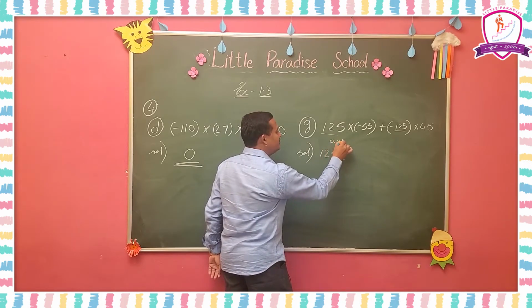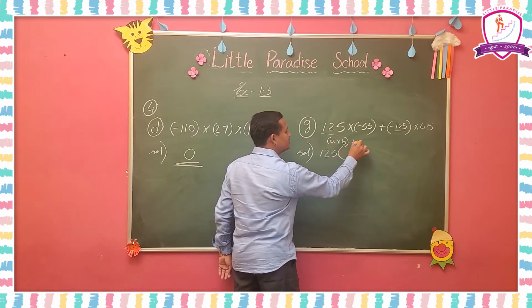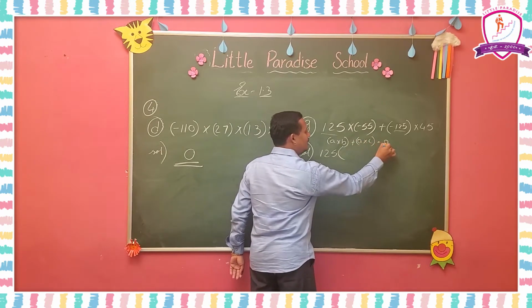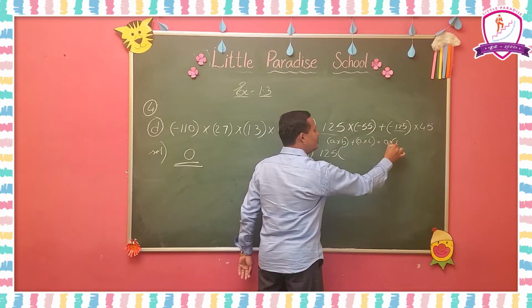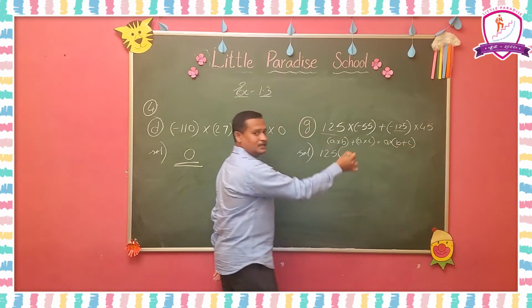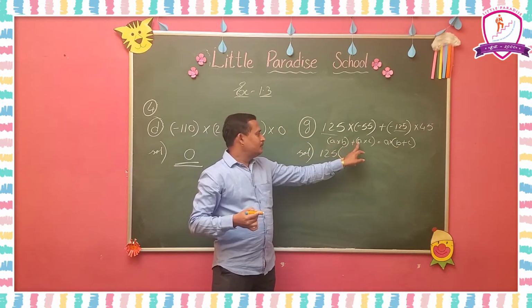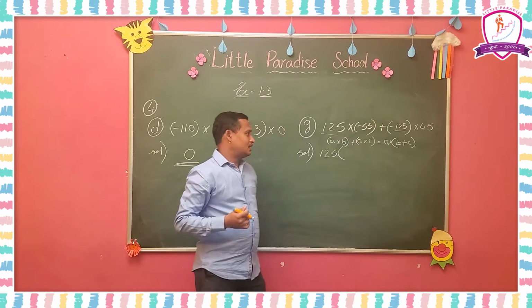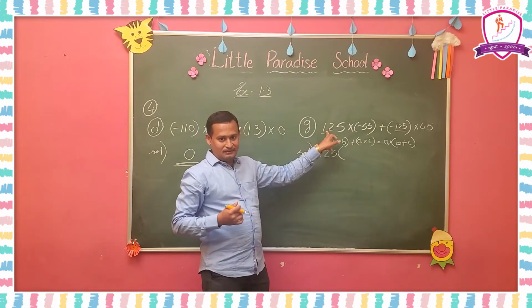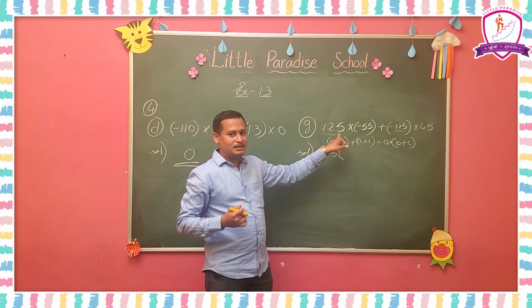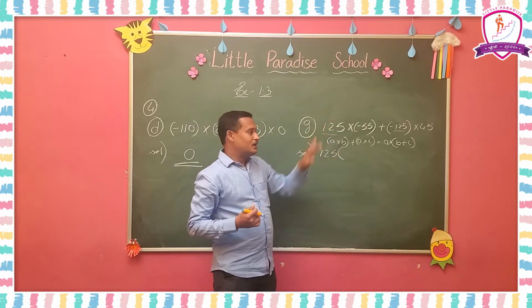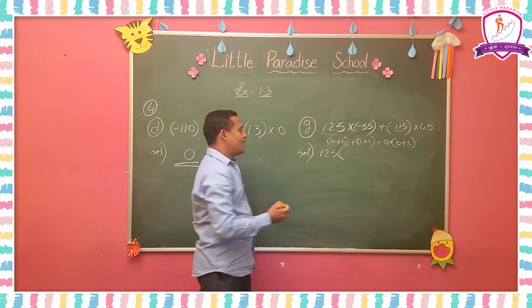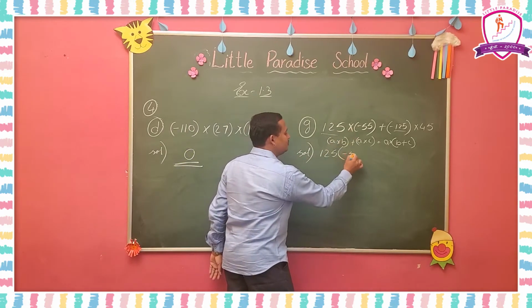A into B plus A into C means we can write A into B plus C. Here A means 125, the common number in both terms. So, we write 125 outside of the bracket and inside of the bracket minus 55